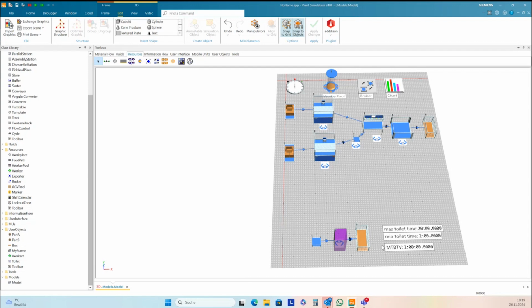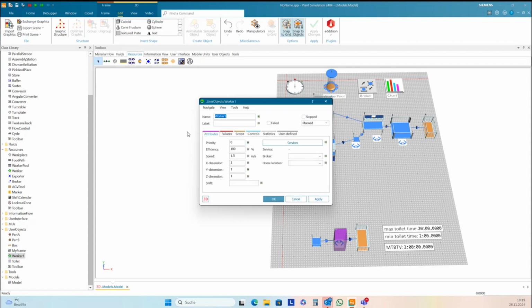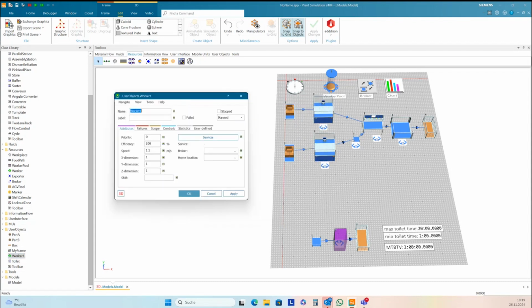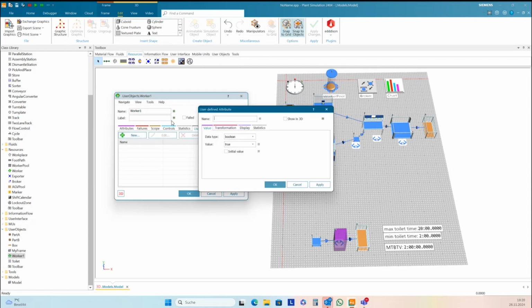And the worker itself will create with this random interval its own toilet visits. And so I want to extend this worker here by some user-defined methods. The first method should be toilet job, or a smoke job or coffee job, what you want to do. And this is a method.